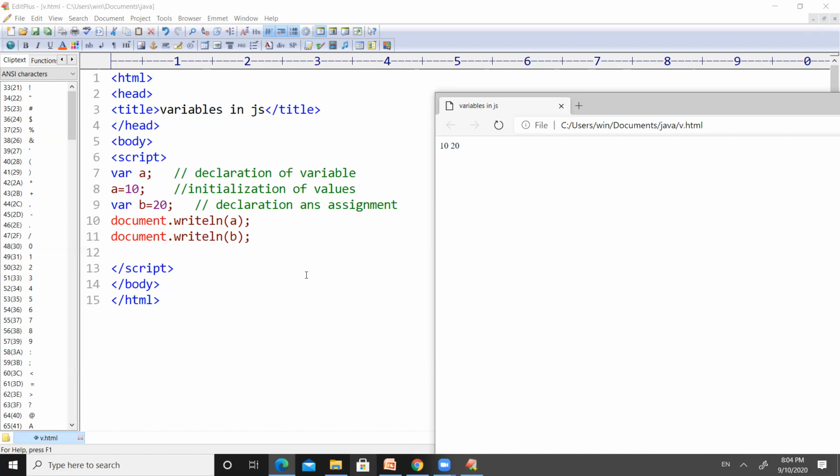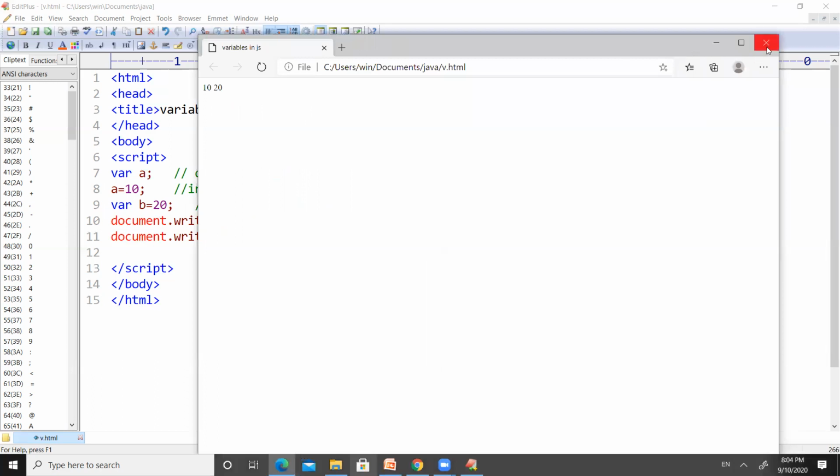Now, I think each and everyone is familiar with these things, right? We have to use the var keyword in order to declare a variable, followed by the name of the variable, and then we can assign the value. After assigning the value, if we want to print the value over the output screen, we have to use document.writeln.